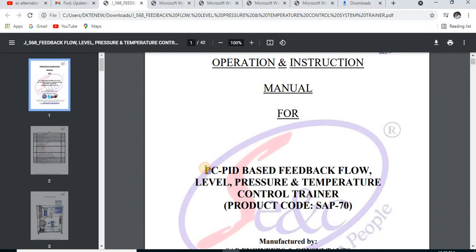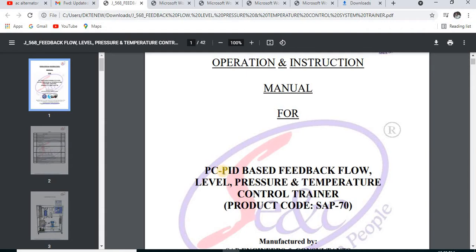So it is basically a PID controller which is interconnected to the computer, and it is used for the measurement of feedback flow, level, pressure, and temperature measurement and control trainer. Okay, so we have to manipulate the flow, level, pressure, temperature by using the PID controller parameters.